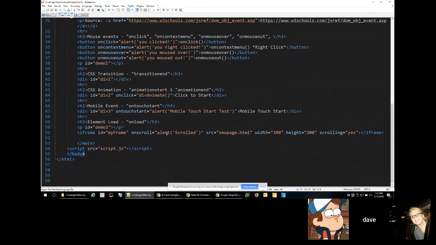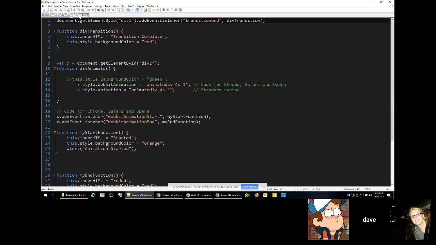And if I scrolled around, it would alert me. I really couldn't get that to work for some reason, so I may not be using that right. But yeah, so I've got that in the HTML side, and then on the